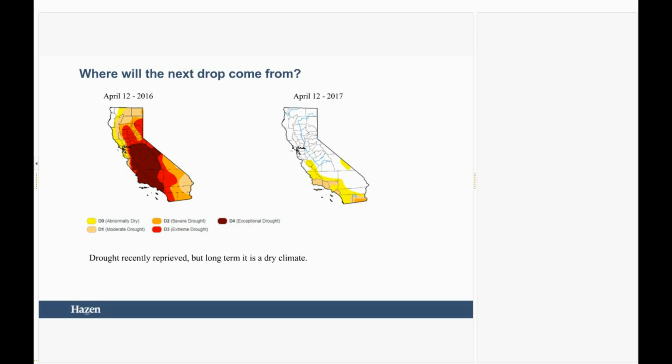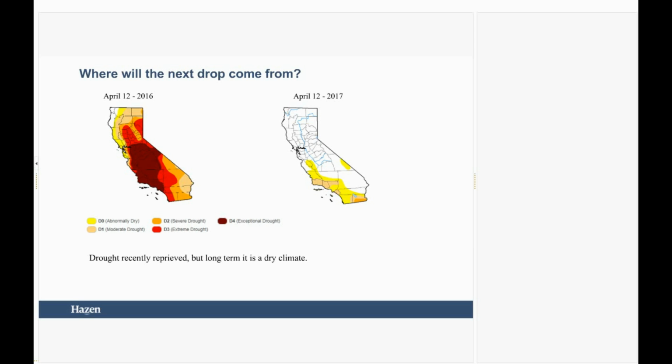Between about 2008, 2009 through to 2016, California saw the worst drought that it has seen on record. Sounds familiar, doesn't it? But California was seeing a lot of the issues that Australia had been seeing in the decade prior. And that drought has, in the last year, been reprieved, but in the long term, California generally is